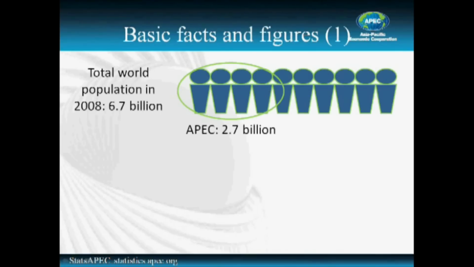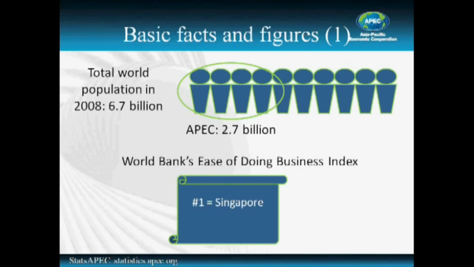You can use StatsAPEC to find out some very basic facts and figures about APEC and its members. For example, you can see world and APEC aggregates. For population, you can see that in 2008, aggregate world population was 6.7 billion people, of which 2.7 billion lived within APEC economies. Data for several industries can also be found in StatsAPEC, including indices from the World Economic Forum and Fraser Institute. This example illustrates the World Bank's Ease of Doing Business Index, where Singapore has been ranked number